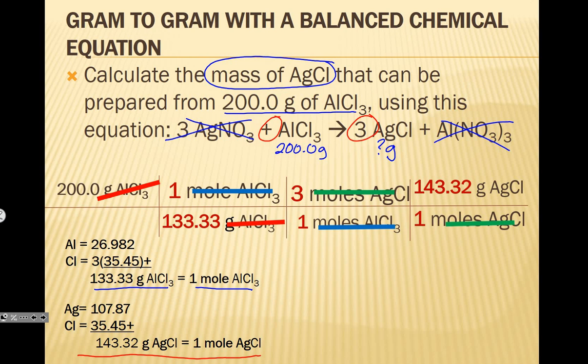Okay, and I'm not a great singer, but it goes to the one, if you do it fast: grams to moles, moles to moles, moles to grams. You know that one? So it sticks in your head, and if you remember it, you can start at any